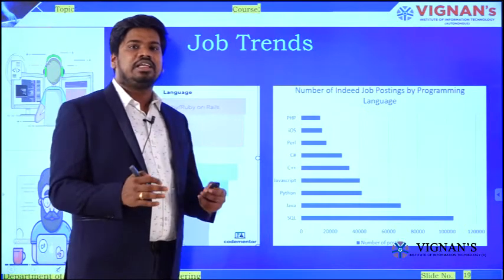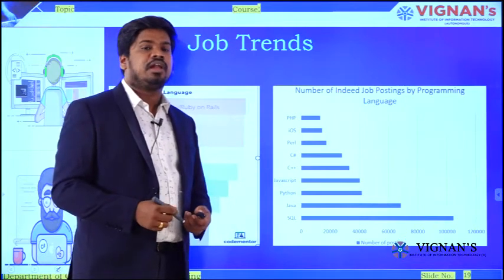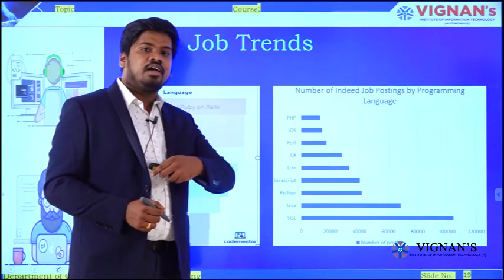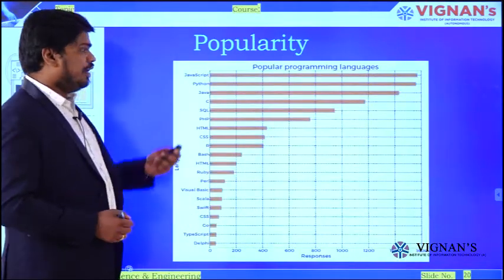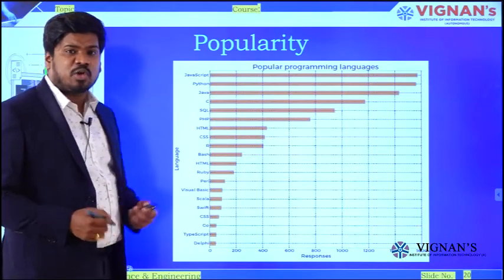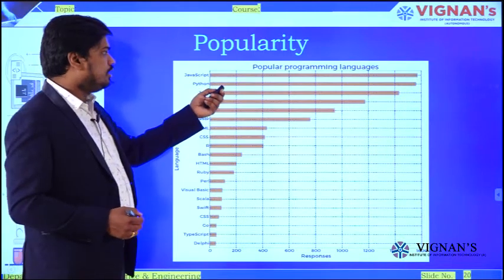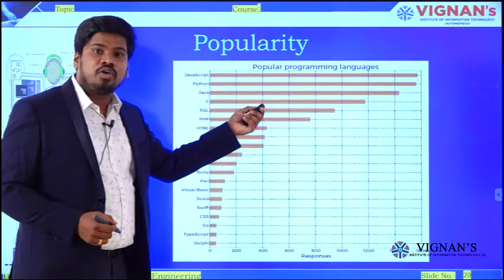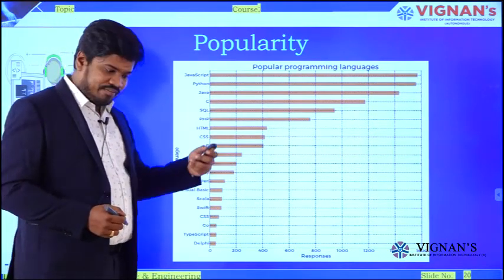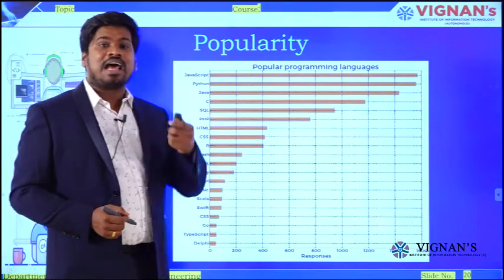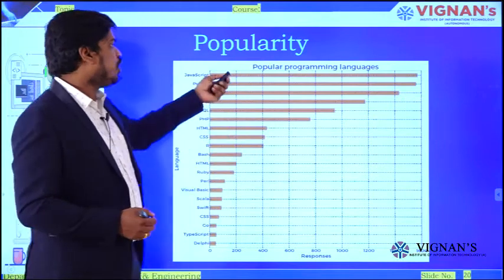Remember, the quality of the package is also one of the reasons why people are moving from Java or JavaScript to Python. And the very next thing: if you observe the popularity index of various programming languages, observe my diagram carefully. Here, the popularity of Python programming is higher compared with Java and C programming languages. Within a few years, mark my words, Python will be on the top of the table.